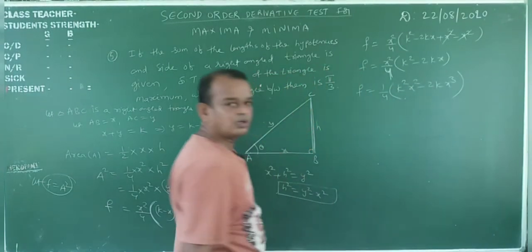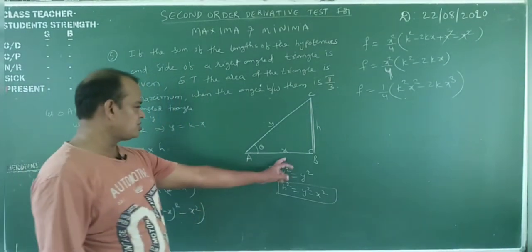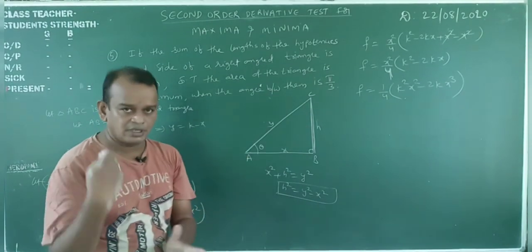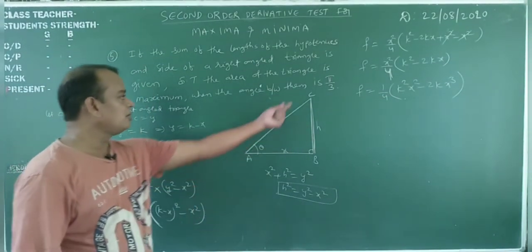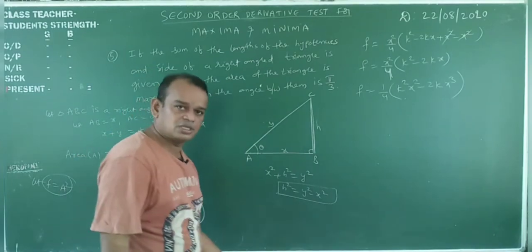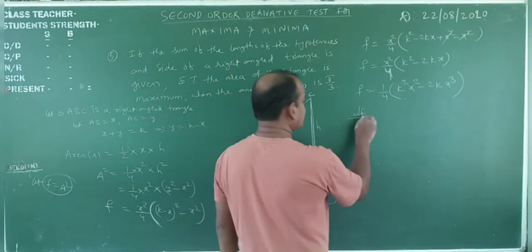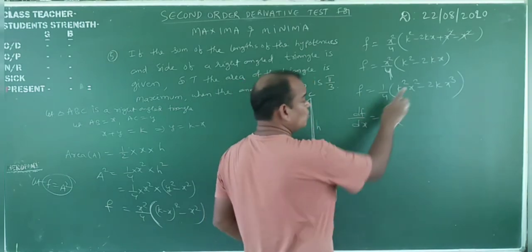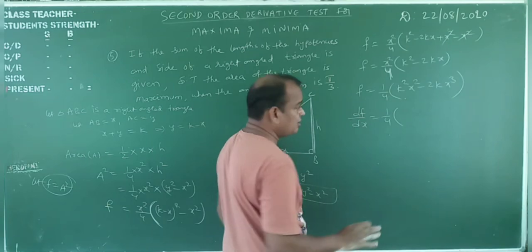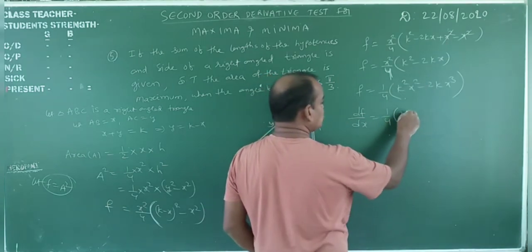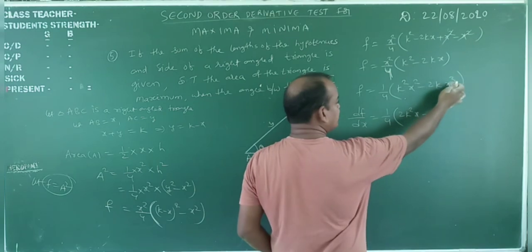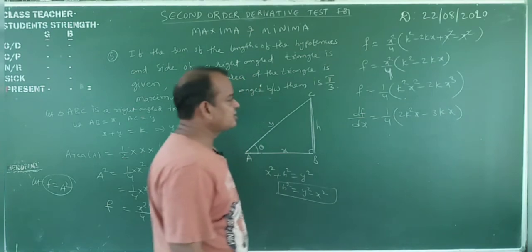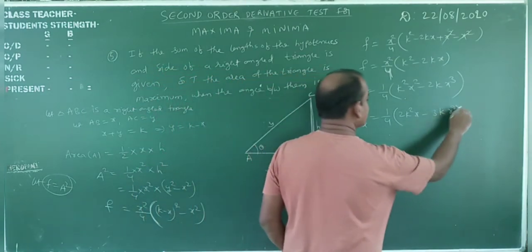Now, differentiate two times. Our goal is to find the values of x and y. After that, sin theta or cos theta: whenever the area is maximum, the second order derivative is negative. You can find the angle, and that angle should be 60 degrees. You have to show that. Now, df by dx: 1 by 4 into, with respect to x only. Remaining are constants. X square gives 2x, so 2k square x, minus x cube whose derivative is 3x square, times 2k, means 6k x square.